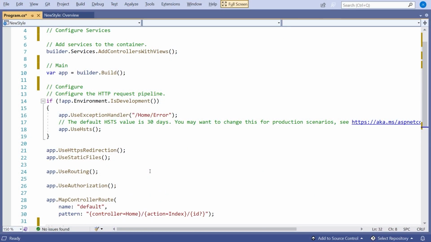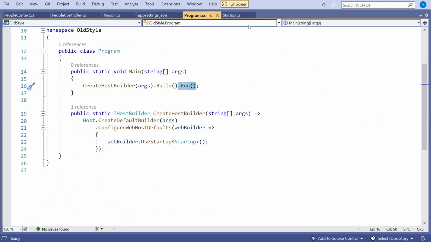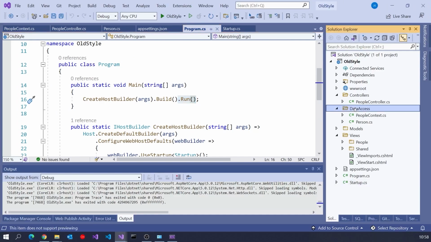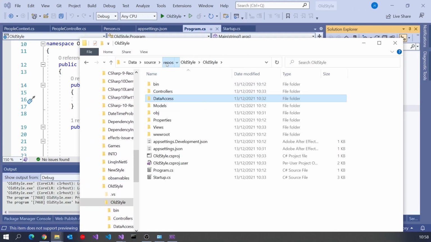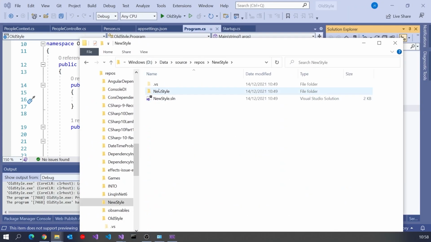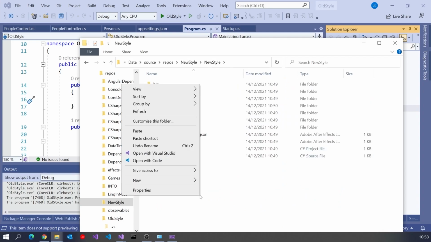So the first thing we've got to do, if we're going to make this new style program connect to the old style, is we're going to have the DB context and the connection to the database. So in order to do that, I'll actually do a bit of copying and pasting. So if we just get hold of the file explorer for that, I'm going to copy that whole data access folder, and if we then go into this new style, I'll paste that in there.